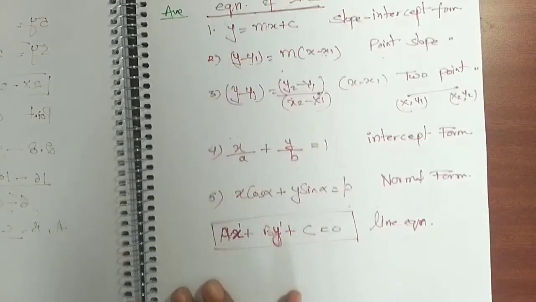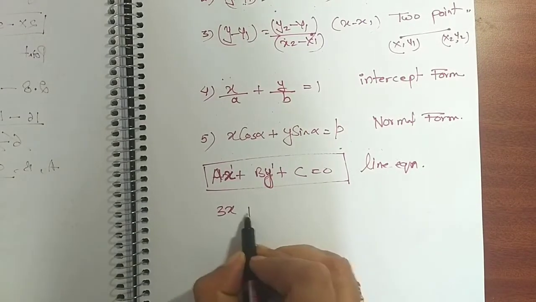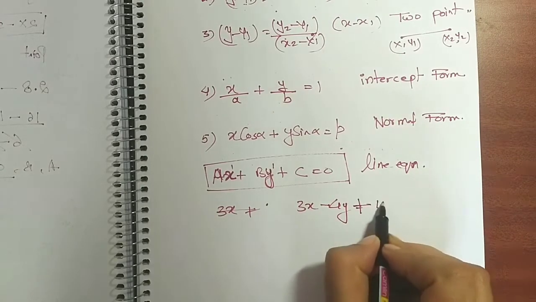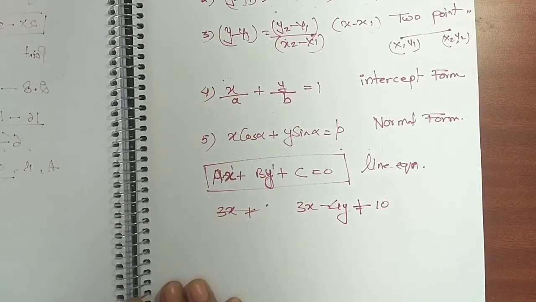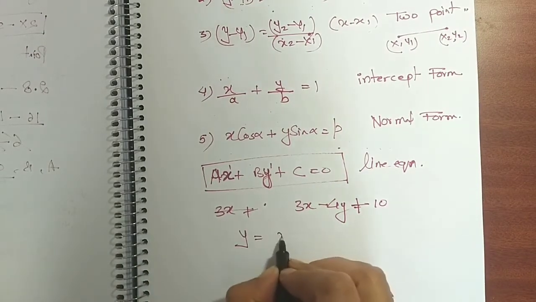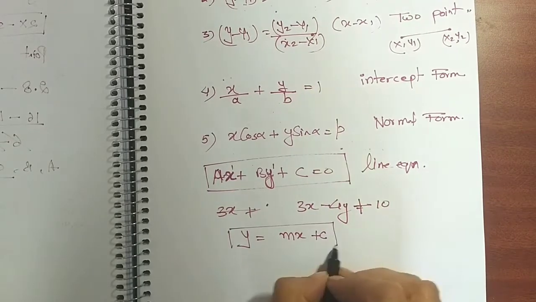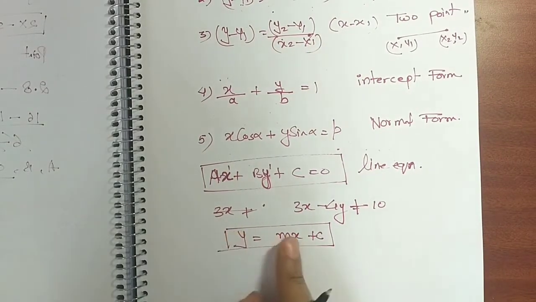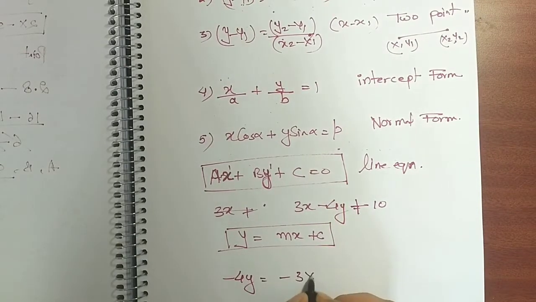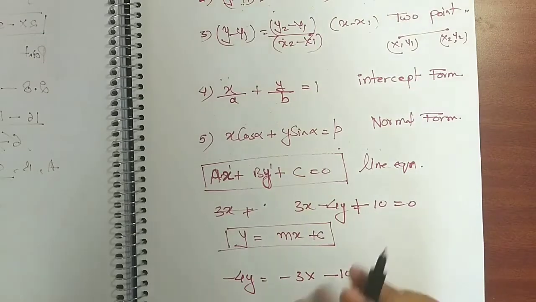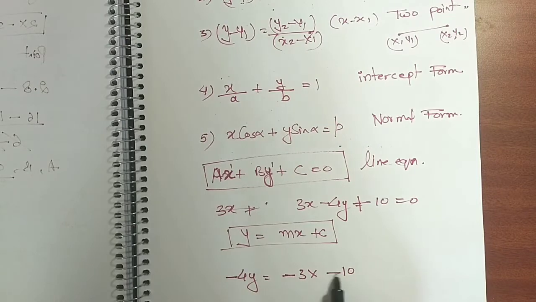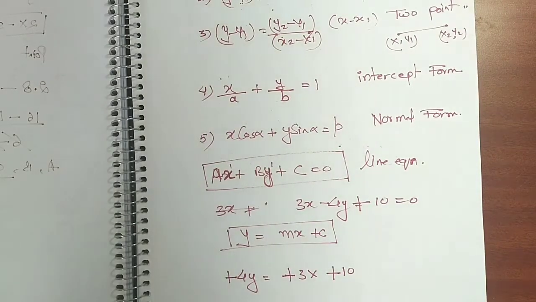So here the line given equation is 3x minus 4y plus 10 is 0. So I am trying to convert it into slope form, right? So what is the slope form? Y is equal to mx plus c. So I have to keep y on left side and x on right side. So y I will hold here. So minus 4y minus 3x minus 10 is 0. What I did, I sent 3x here, this here. Now since all terms are minus, so they all will become plus.